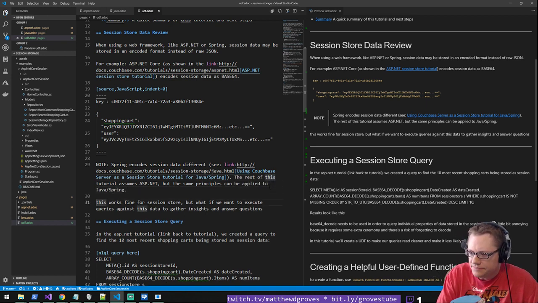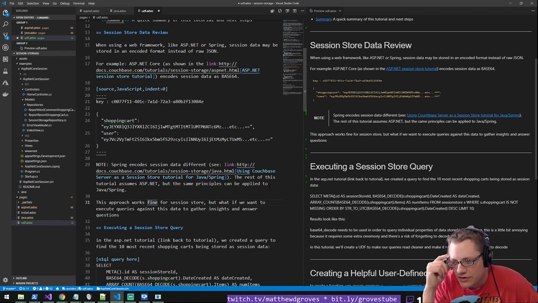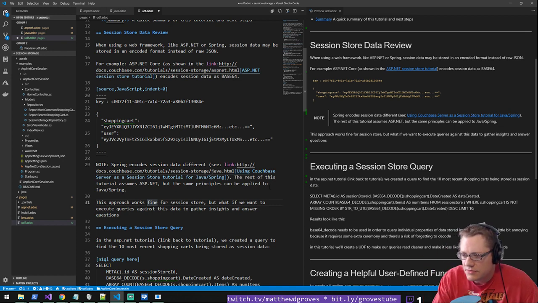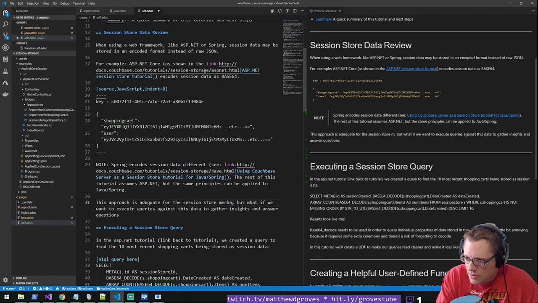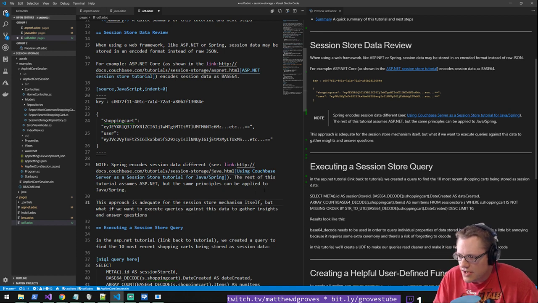All right. This approach works fine. This approach is adequate for the session store itself,